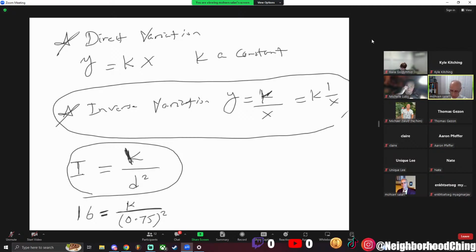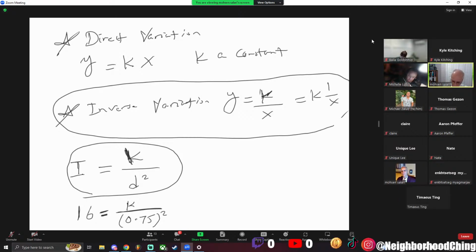So if I multiply both sides of this equation by 0.75 squared, I get k equals,